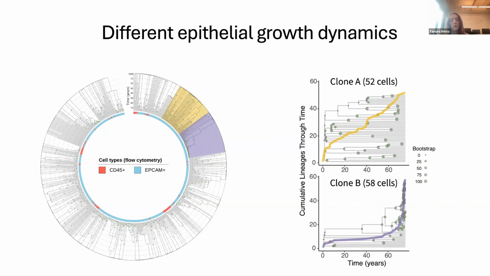We selected the 2 largest epithelial clones, yellow and purple, with more than 50 cells each, and built again the cumulative number of lineages over time to reveal that clone A had a more steady linear accumulation of lineages, while clone B had a delayed but rapid expansion in the last decade. And after calculating the gamma statistic from Pybus and Harvey, we confirmed that clone B had an excess of recent branching, which could be related to acquisition of 4 somatic mutations in 3 relevant esophageal drivers that you can see